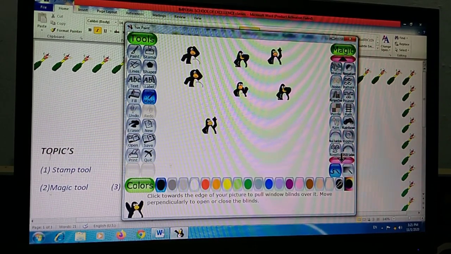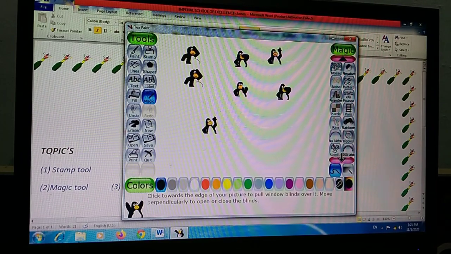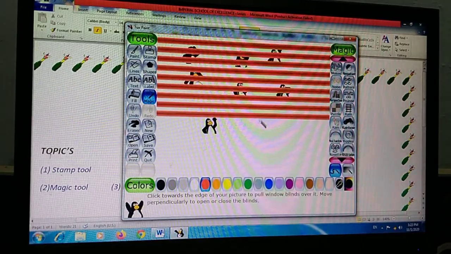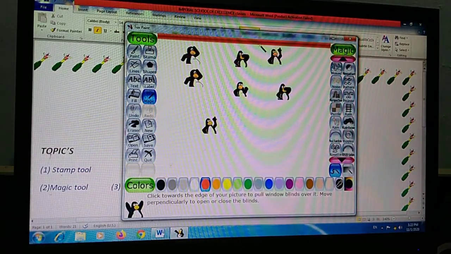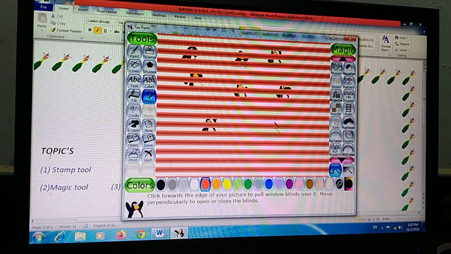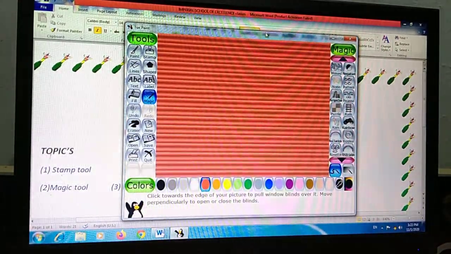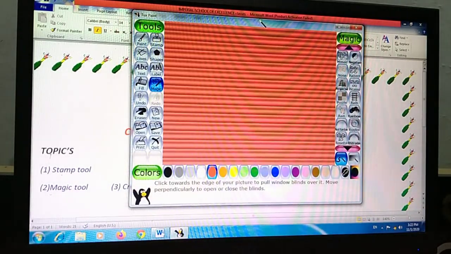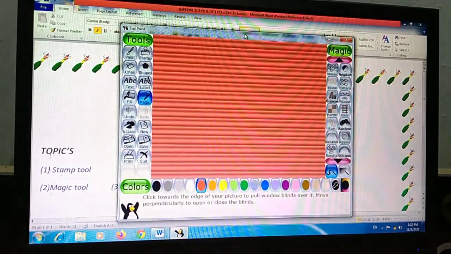Then pick a color. Note that the colors option is not available with some effects. Pick any color, red, orange, or yellow. Suppose we have selected red. Then click and drag on the drawing canvas to draw. Okay, this is the way you can draw here. This is your drawing canvas. One by one you can draw like this.